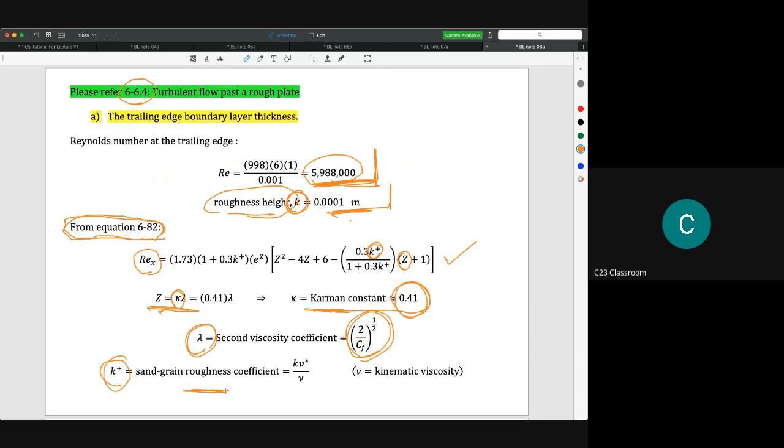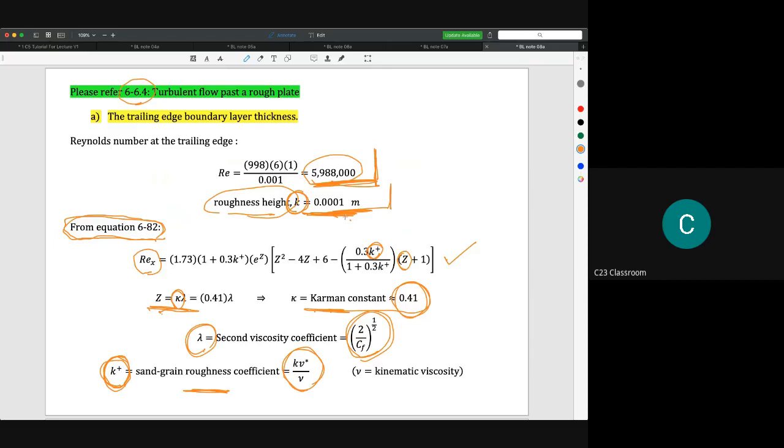They came up with their own parameter regarding the velocity and kinematic viscosity. So they say that K plus is equal to K V star over nu, where K here is the roughness height of this one,